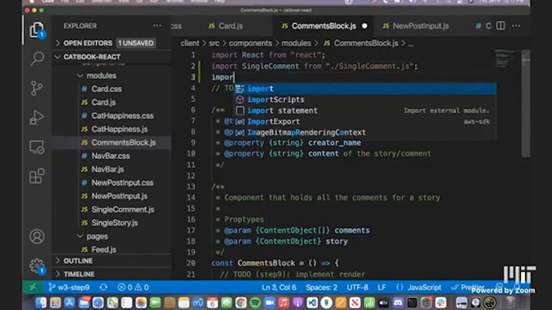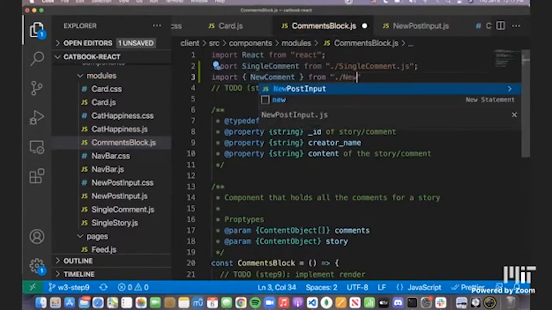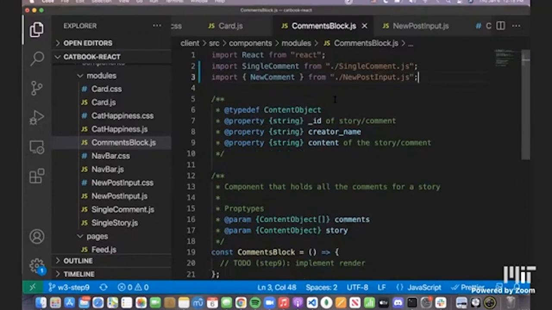And let's also import new comment. Wait, no, that is wrong. Curly brace, new comment is, remember, defined inside new post input. So after these two imports,